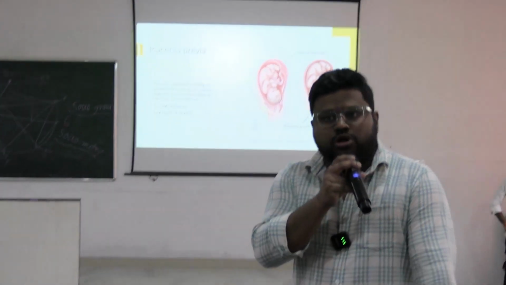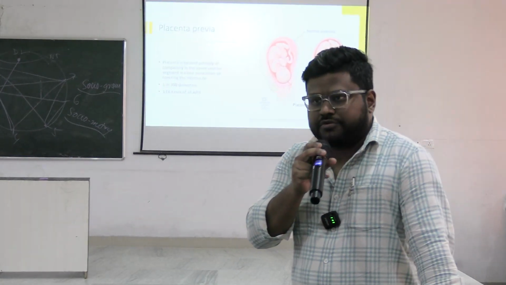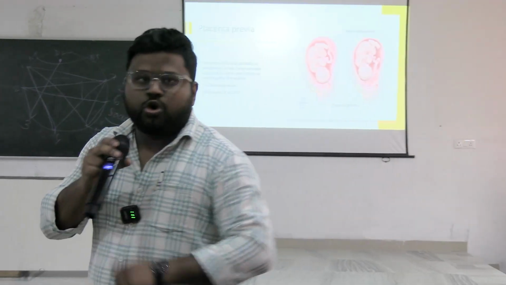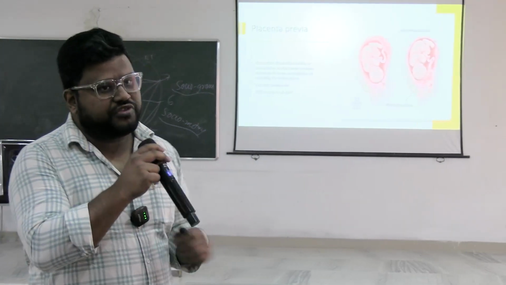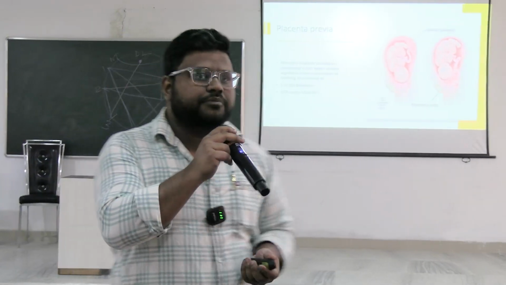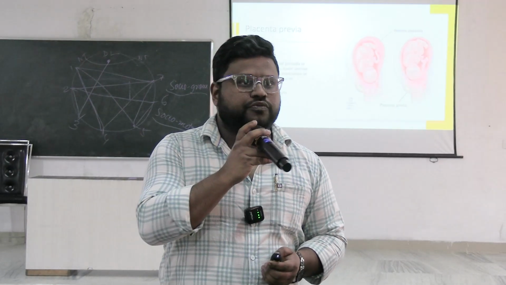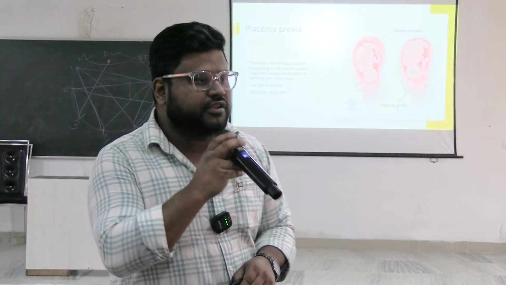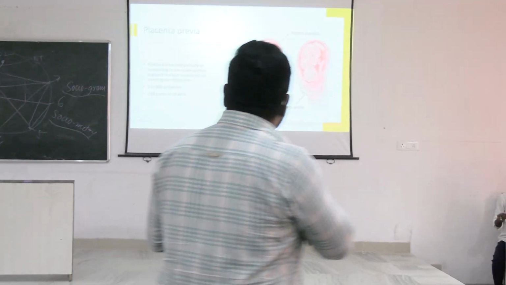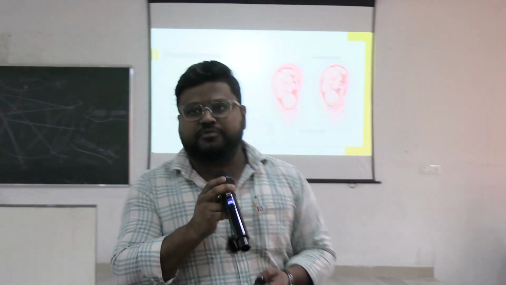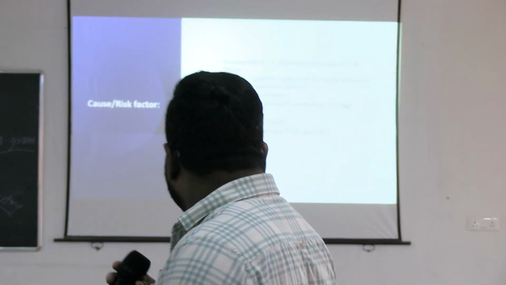During development, all placentas are attached on the lower segment. When the baby is developing, in the first trimester and early second trimester, all placentas are located on the lower uterine segment only. Then we have something called trophotropism, a phenomenon where the placenta migrates to the more vascular upper segment. The failure to migrate to the upper segment is basically a placenta previa.